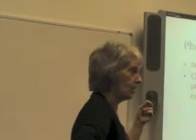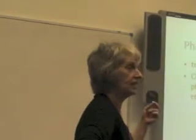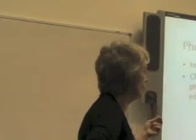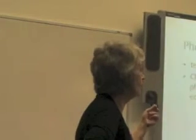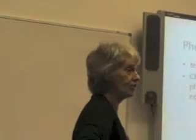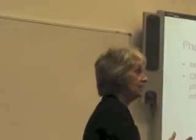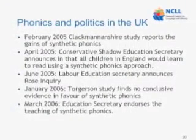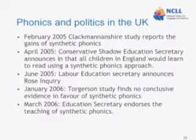This is an example, uniquely scriptural: a program which says that the only spiritually and educationally sound reading instruction method is through the teaching of phonics. I mean, this is mixing up a whole range of factors that really have very little to do with how children learn. Then if you look at the sequence of events in the UK, it starts in 2005 with the Clackmannanshire study,